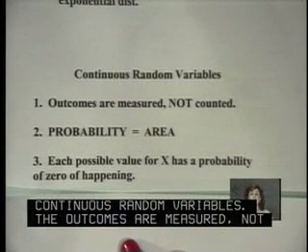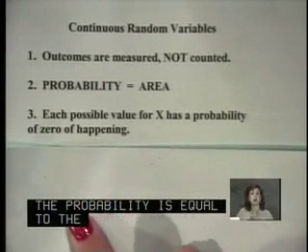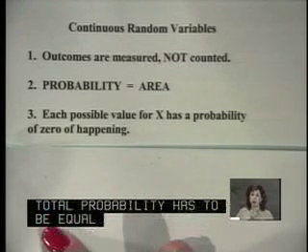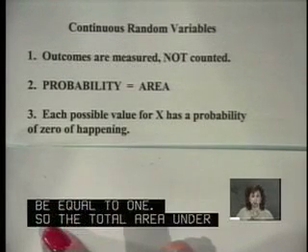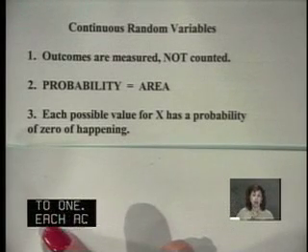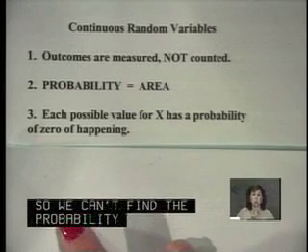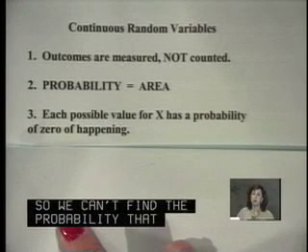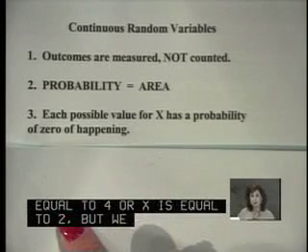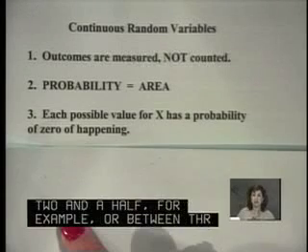The probability is equal to the area under a curve. Now remember that our total probability has to be equal to 1. And so the total area under the curve has to be equal to 1. Each actual value has a 0 probability of happening. So we can't find the probability that x is equal to 4 or x is equal to 2, but we can find the probability that x is between 1.5 and 2.5, for example, or between 3 3/4 and 5 7/8